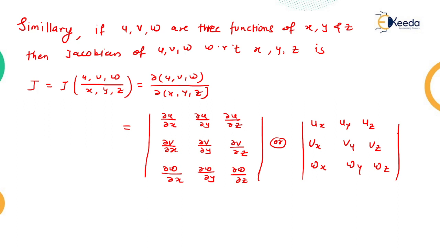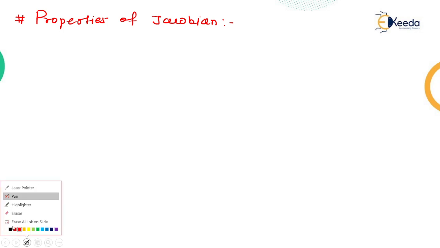Now after the definition, we discuss the properties of Jacobian. Let me start the properties of Jacobian. So what are the properties of Jacobian? Let's see. There are three properties we discuss here. So the first property,